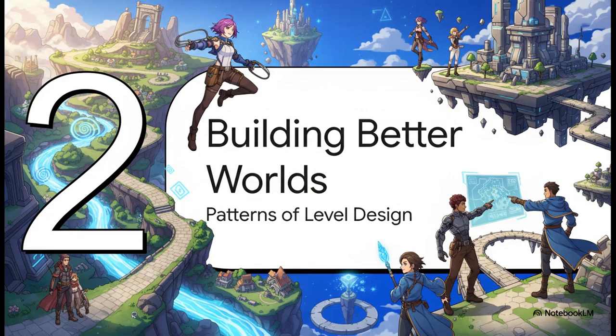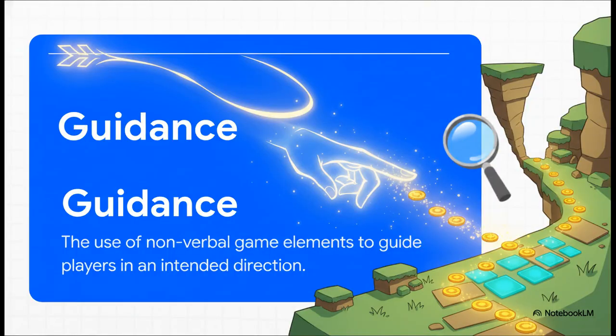All right, so let's take that idea and move on to building better worlds. Because you see, meeting player expectations doesn't just stop with menus. It goes straight into the game world itself. We're talking about the patterns of great level design. These are the secret techniques you're going to use to turn a basic space into a truly engaging journey. First up is guidance. Think of this as your invisible hand, subtly pointing the player where you want them to go without screaming it in their face. It could be a little trail of coins leading to a secret, or maybe the way the landscape funnels them forward. It could even be a single brightly lit doorway in a dark room that just makes you want to